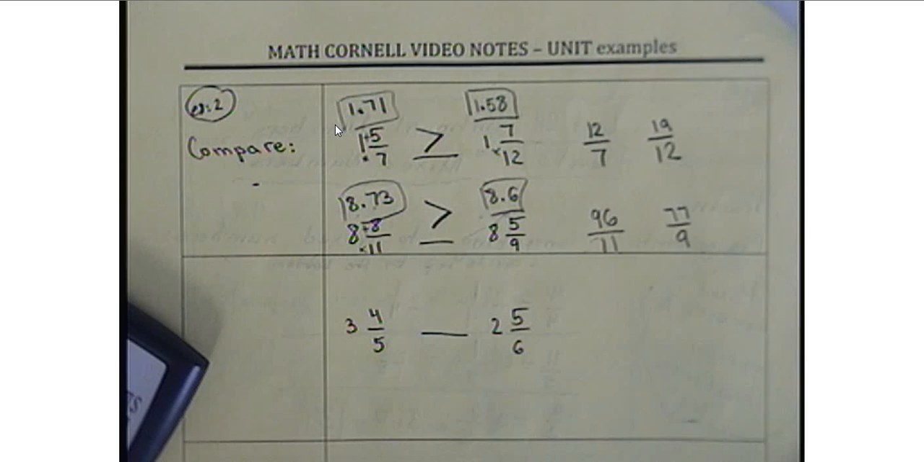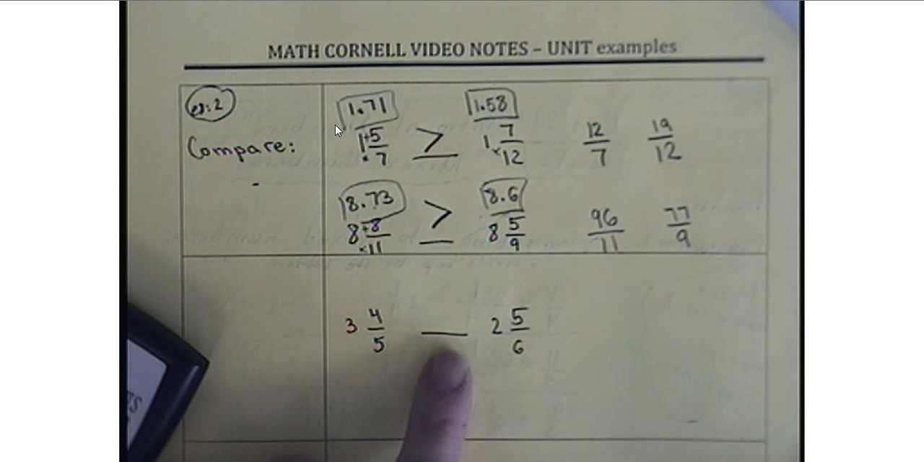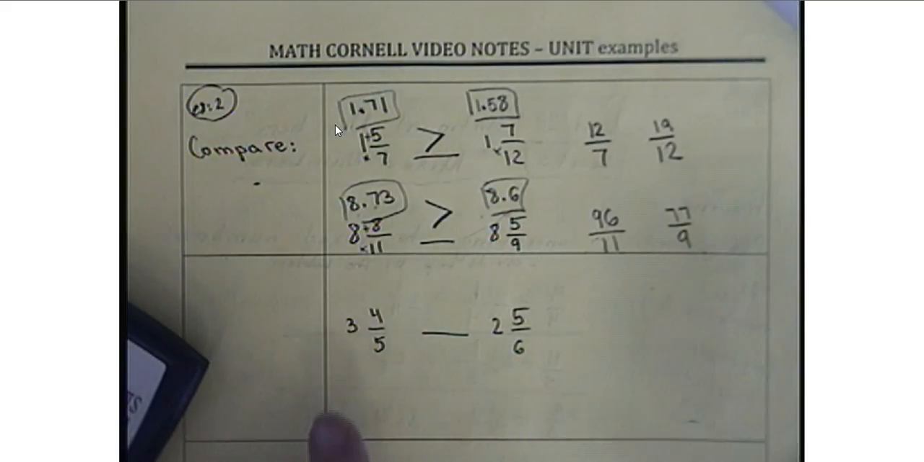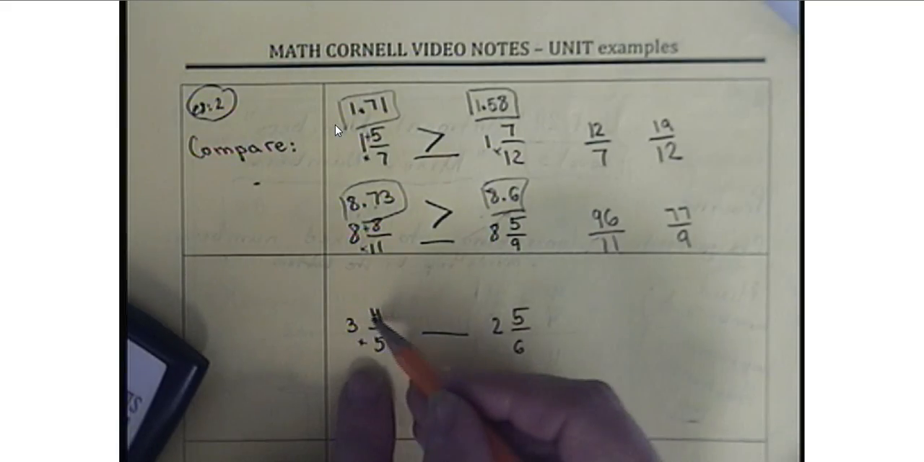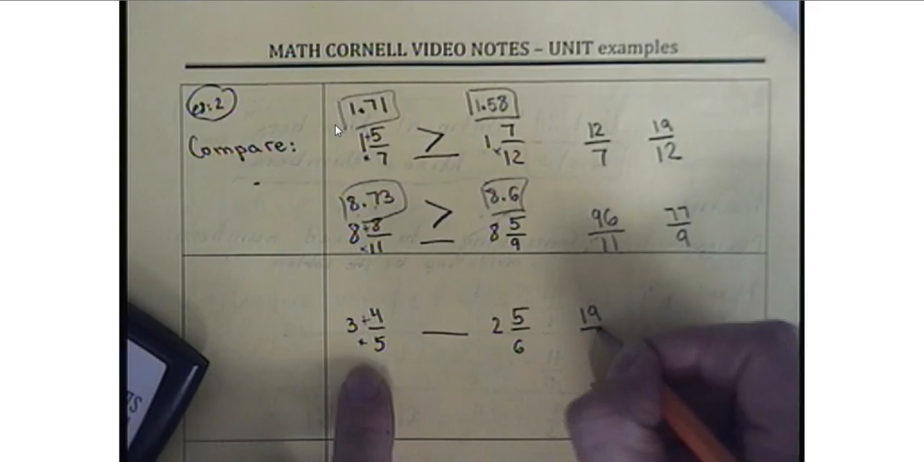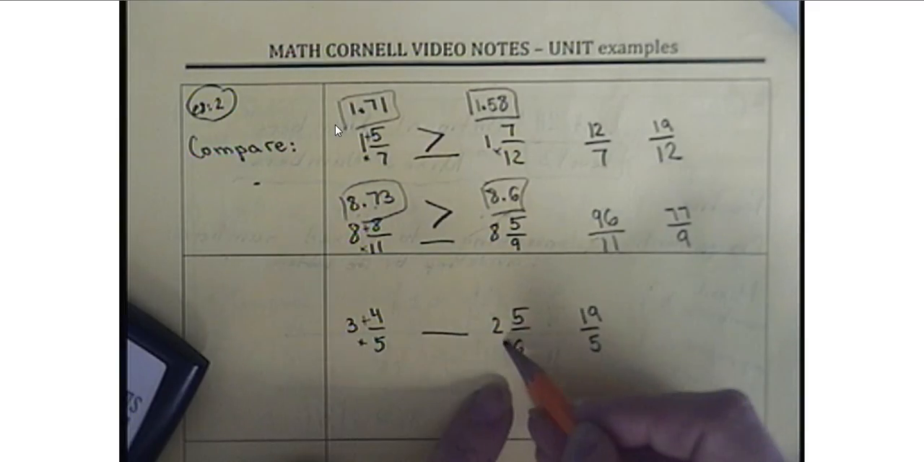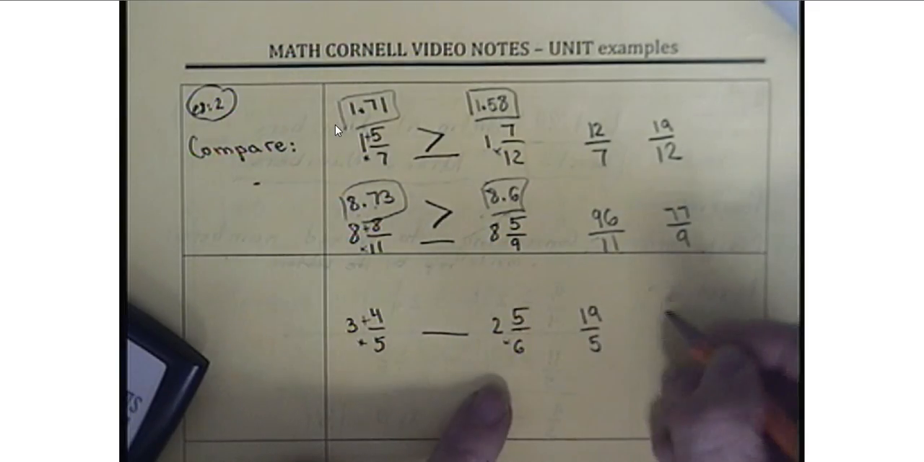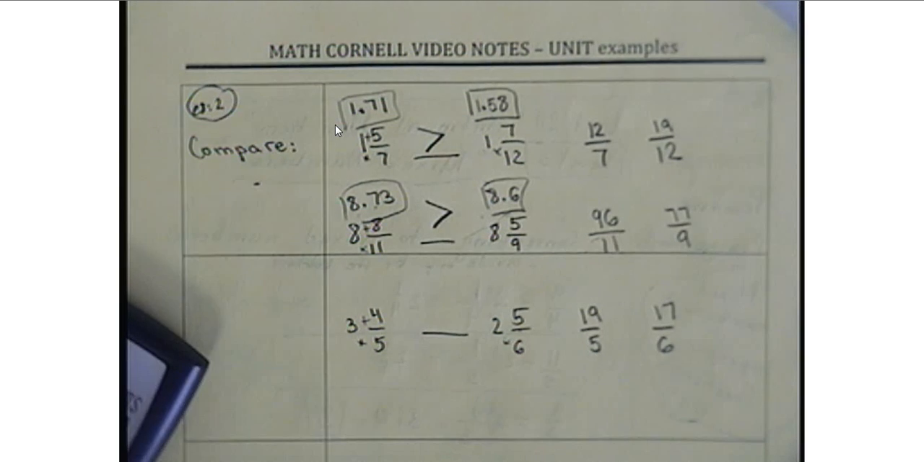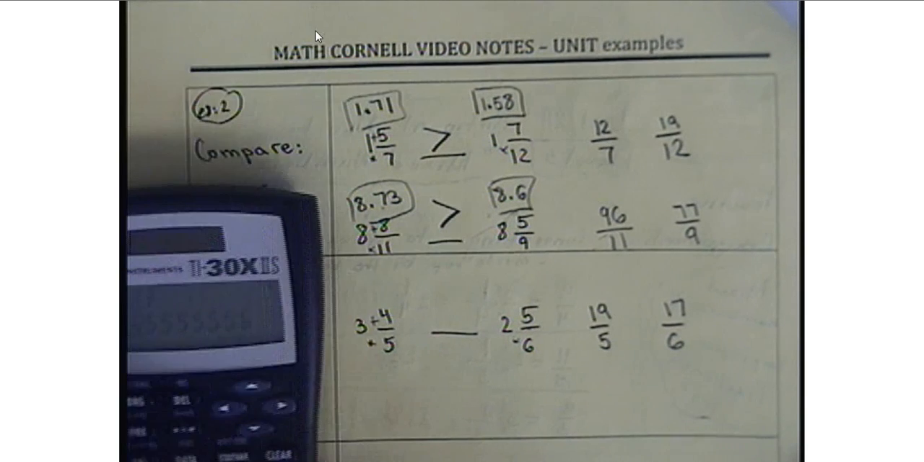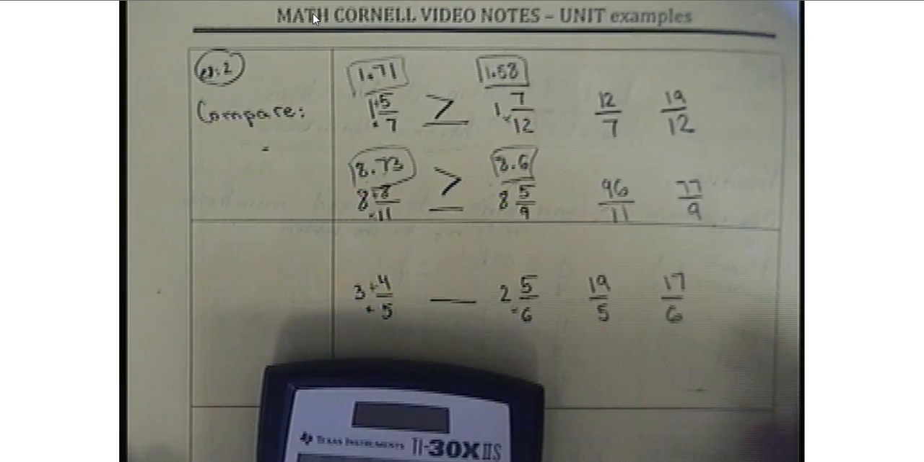Okay, and the last one, 3 and 4/5 and 2 and 5/6. So 3 times 5 is 15 plus 4, we get 19/5. And this will be 2 times 6 is 12 plus 5, 17/6. So again, we're going to use the calculator to calculate what is, I just want to pull this up